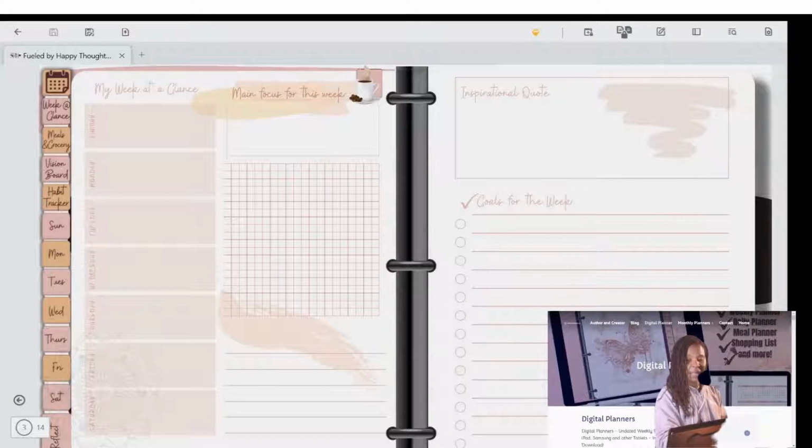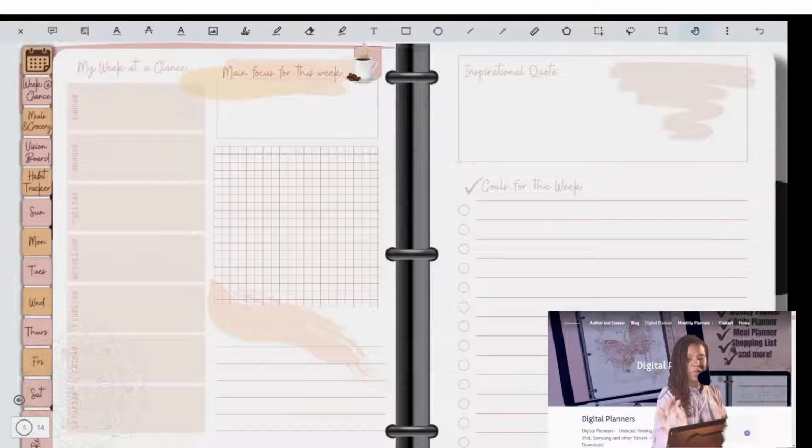To add an image, which I already have here, I actually have a sticker pack that you can download. But first I'm going to put this in edit mode. That's that little pen that looks like it's over a piece of paper. You tap on that, and that puts this planner into edit mode. Then from there, we're going to add an image. So we tap on the image icon, and then we tap here where it says inspirational quote, because we're going to start with that. Then you tap this icon right here that shows you that you're about to enter an image off of your computer. So we're going to tap on this,